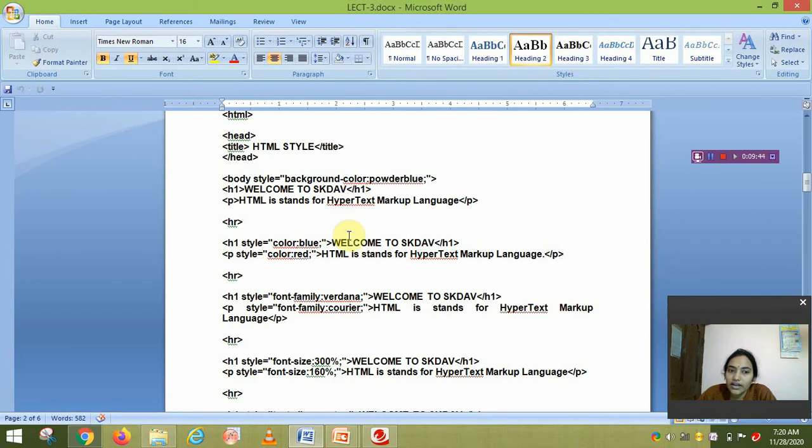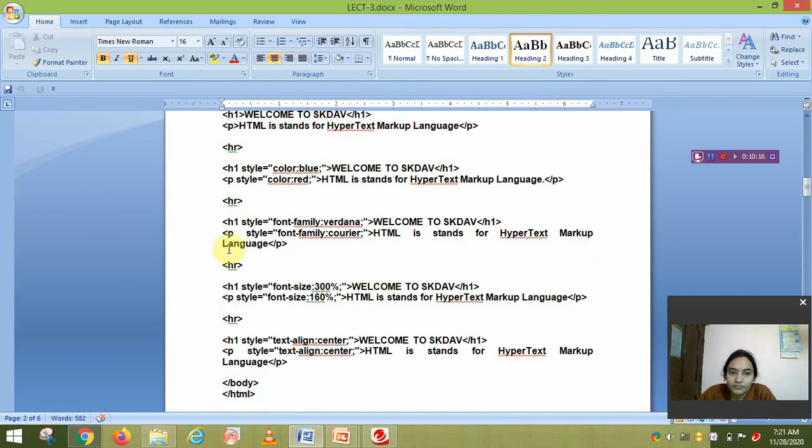That means here the heading is only black color, nothing is set there, but here the heading style is set to color blue. Okay, that means this welcome to SKDV is shown in the output page in blue color, and also this paragraph, HTML stands for hypertext markup language, is shown in the output screen in red color. Okay. Then we insert a horizontal ruler.